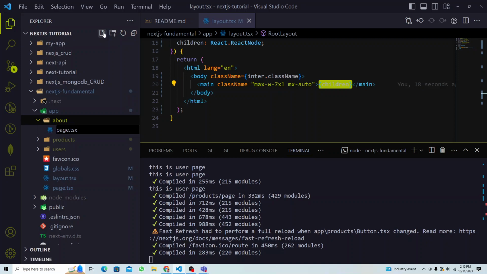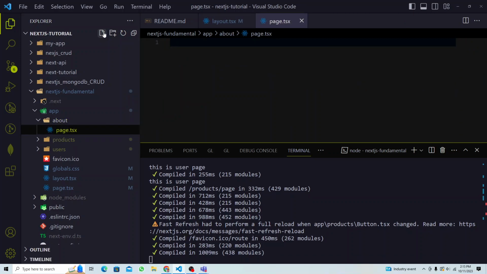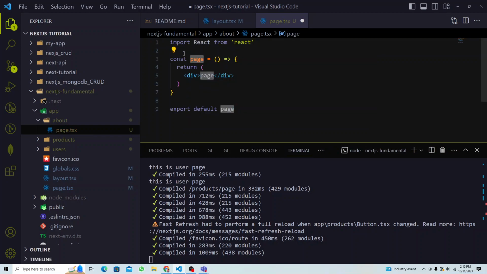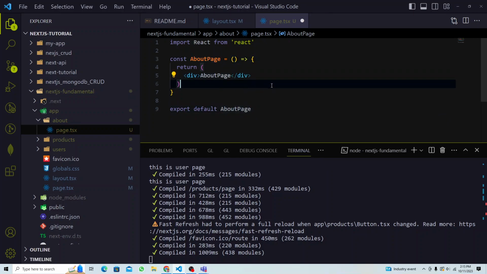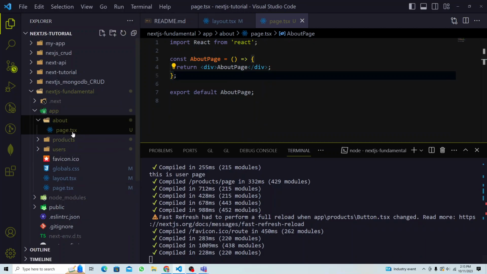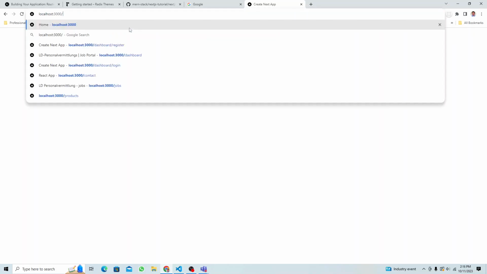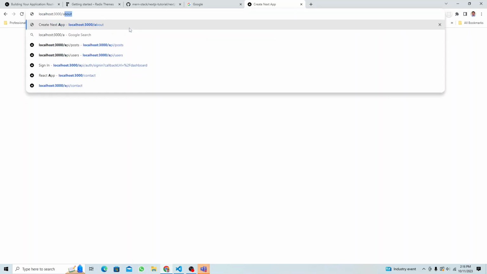That's the naming convention, the standard we have to follow. So now your about page is ready. You just make it a React component here and call it about page. It must be together, about page. So that's it. Now what is the route? The route will be localhost 3000/